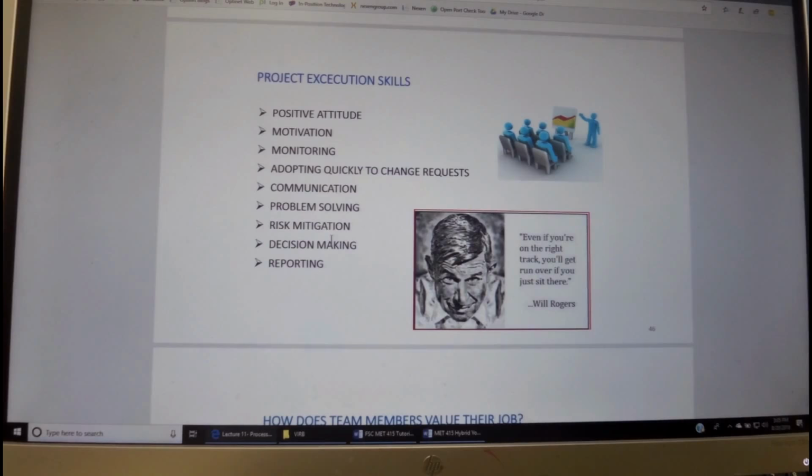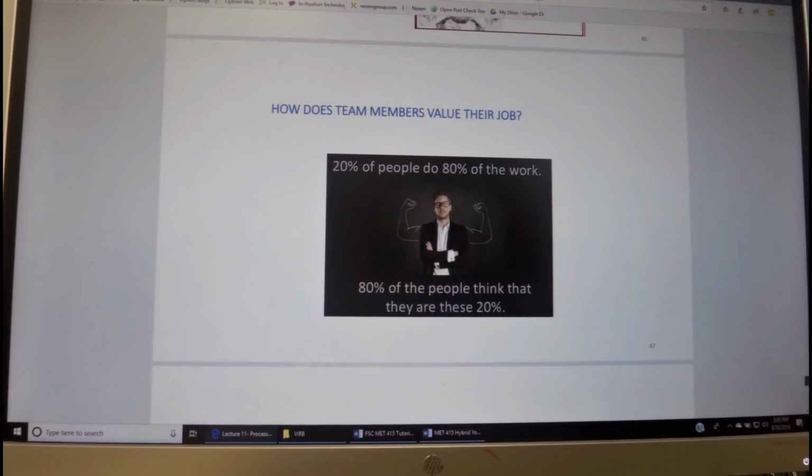Risk mitigation, decision-making process under uncertain environment, and reporting techniques. And again, Will Rogers says that even if you are on the right track, you will get run over if you are just sitting there. So we want to make sure that we are continuously moving. How does the team member value their own job? Well, 20% of the people typically do 80% of the work in a project. However, 80% of the people think that they are these 20%.